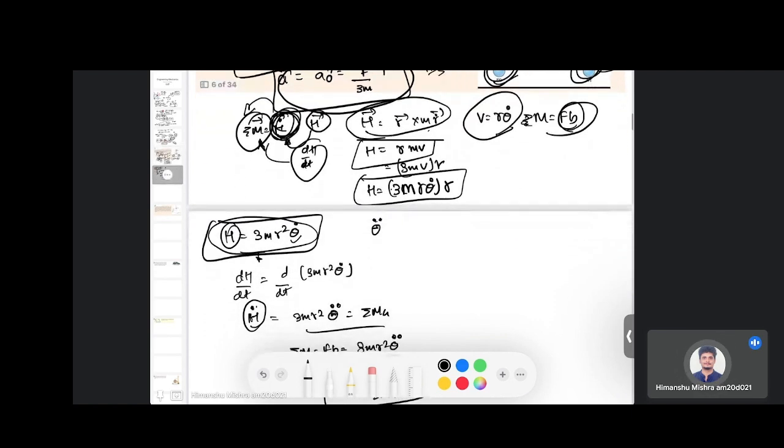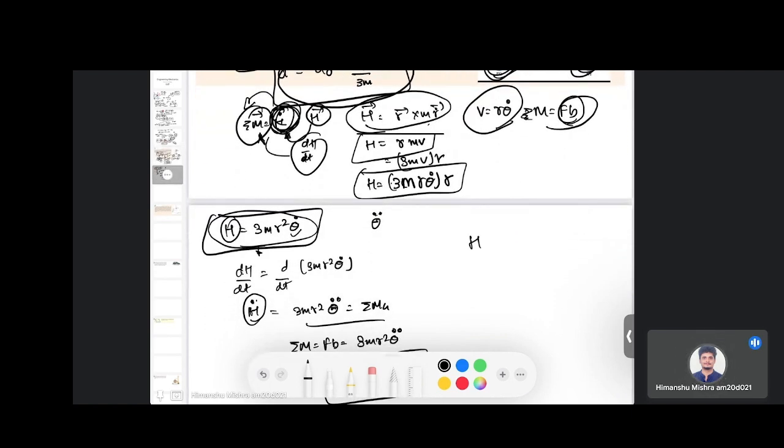Now once I define my angular momentum, which is a function of angular velocity theta dot, if I take the time derivative of this quantity, d by dt, then this will become a function of theta double dot, and this is what we need to find. We need to find theta double dot,